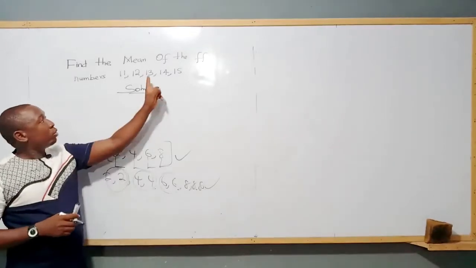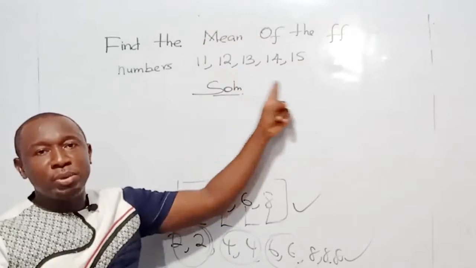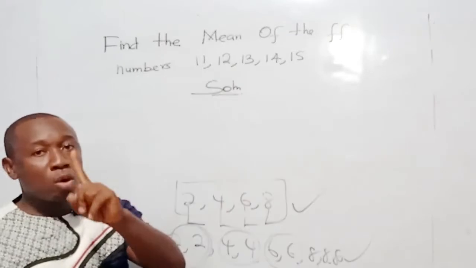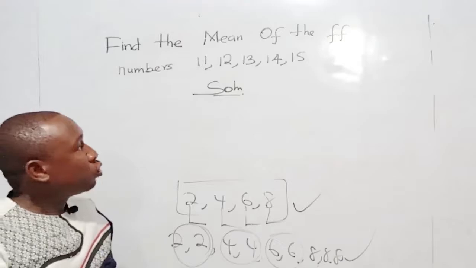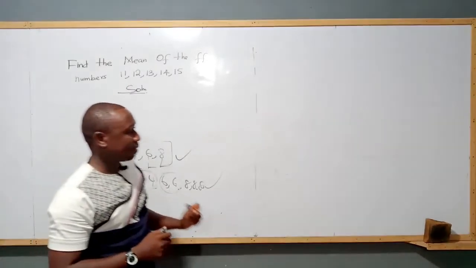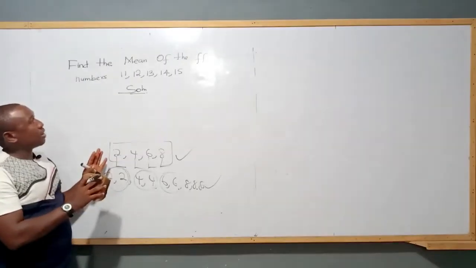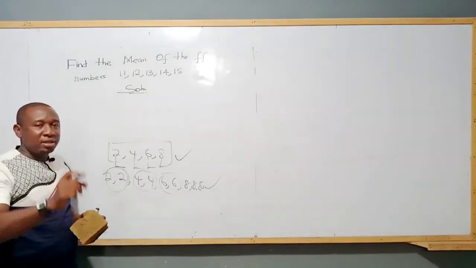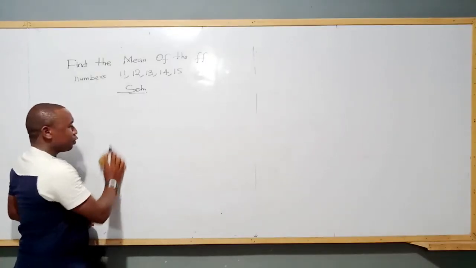Now, let's look at the nature of our question. Clearly, you can see that the observations here are not repeating themselves. As in, we have only 11, we have only 12, we have only 13, 14, and then 15. So in this case, if you have to find the mean of the following numbers, it means we have a set of numbers that are not repetitive. In that case, if you want to find the mean,